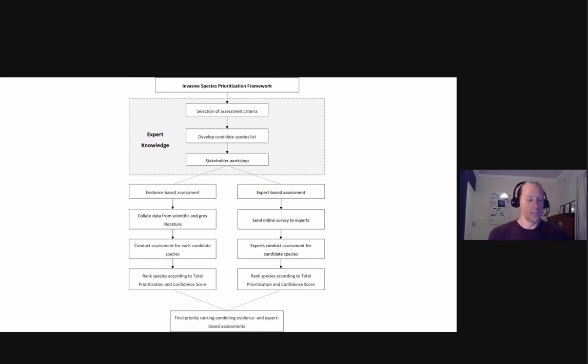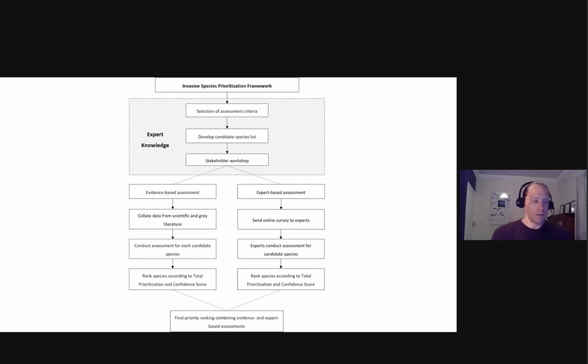The other side of things is the expert-based assessment, and this is really where we engage with stakeholders. We essentially convert the assessment into an online survey. That wasn't initially the case, but we had to do so because of COVID.